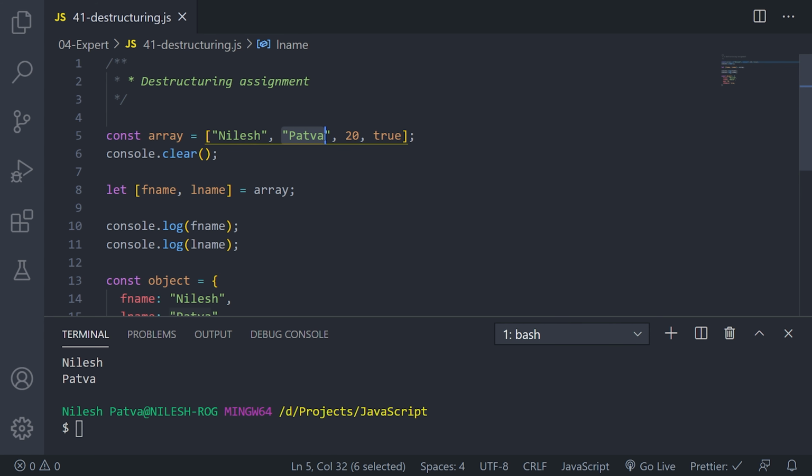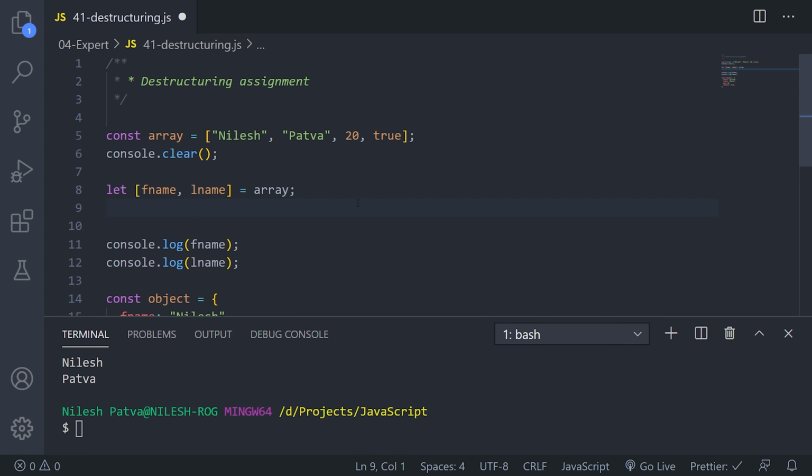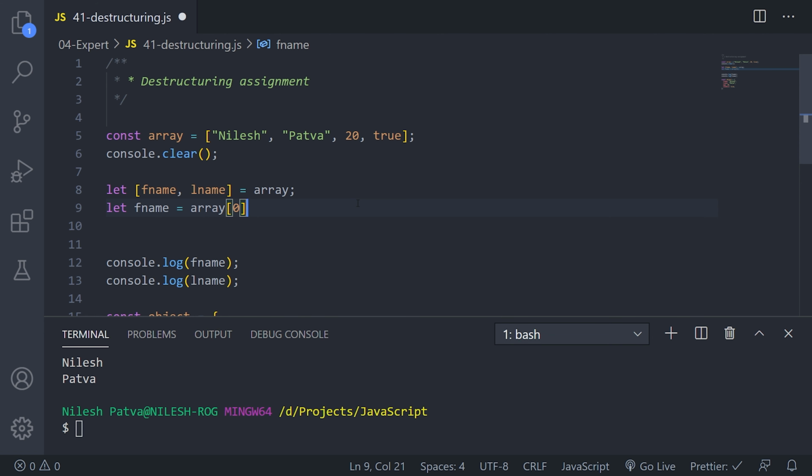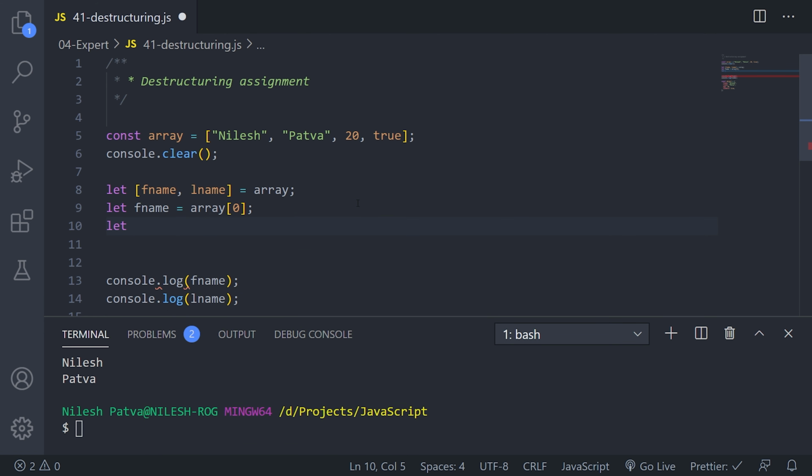So this is at index 1, so my l name variable is also at index 1, and f name variable is at index 0. So what in the background you can see, I am creating a variable like this, f name, and I am assigning basically this. If I show you in layman terms, in the background it is doing something like this.